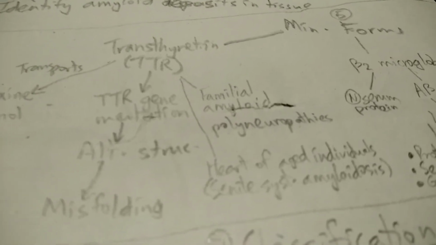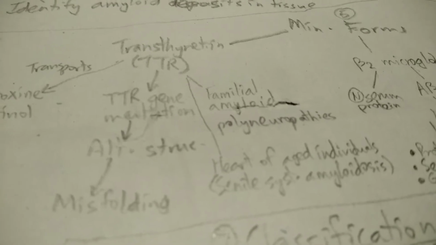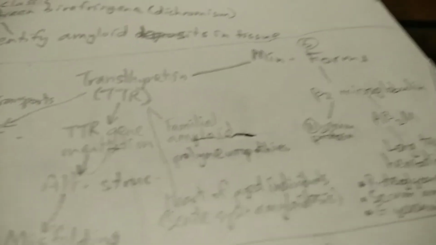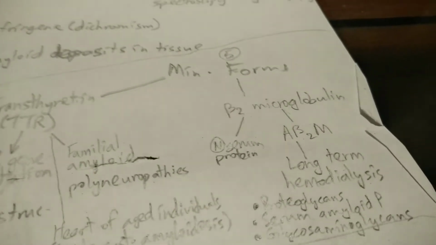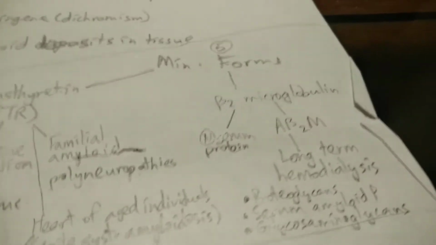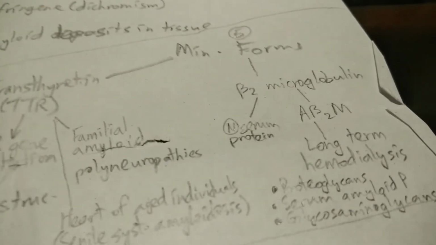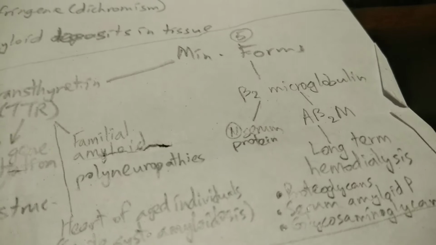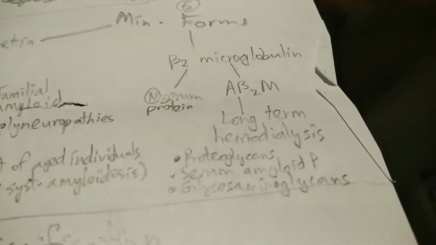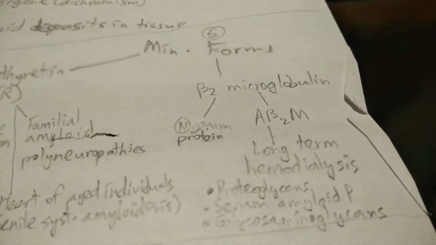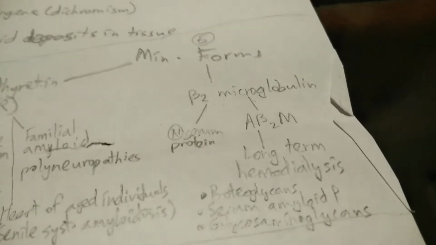So it's mostly seen in peripheral and autonomic nerves. All right, now moving on to beta 2 microglobulins. It's actually a normal serum protein, which is present in tiny amounts. However, in cases of long-term hemodialysis patients, you find this A beta 2M protein constantly accumulates in cases